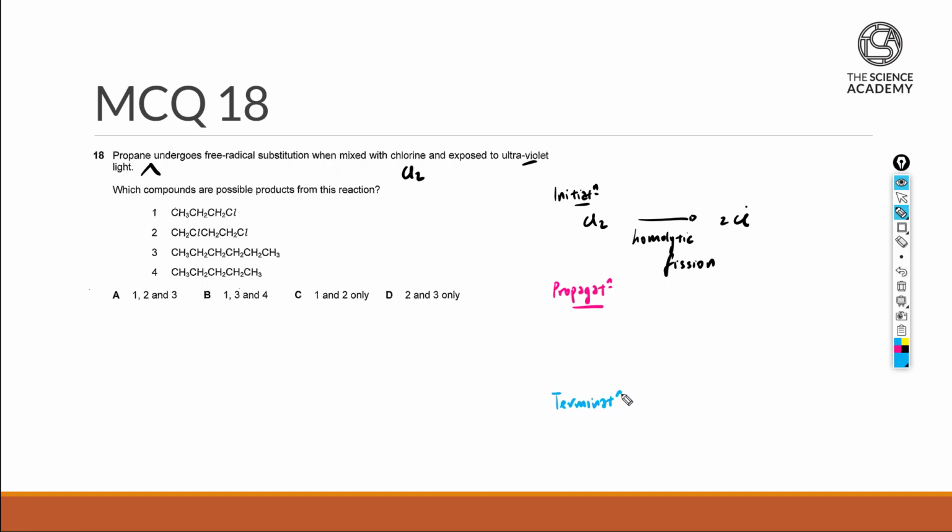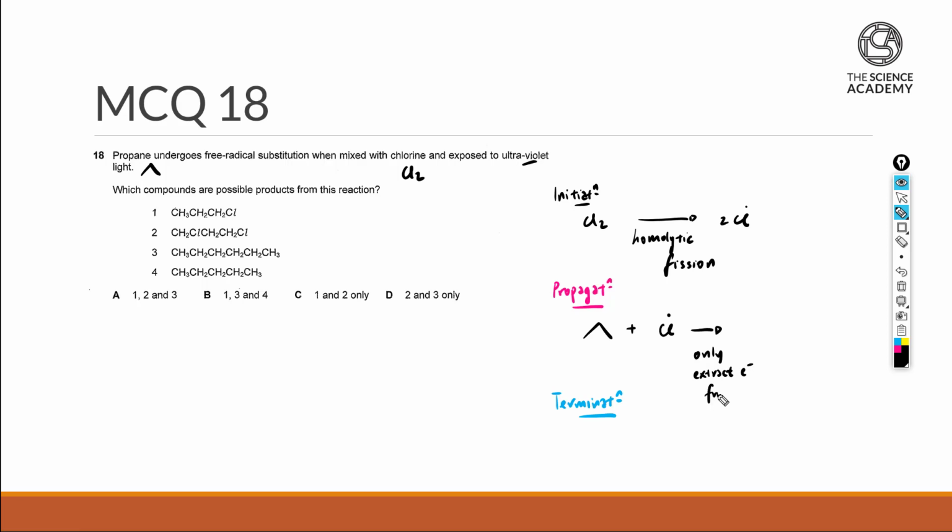We're just going to color this pink as well as blue to show you, in each of the options that we're looking at, what and how we can actually achieve it. And if we are going to achieve it, it's going to be at the propagation and/or the termination step. Now, prior to me starting, it's very important to know that no matter what is being done over here, for the case of propane, if we're going to react with my chlorine free radicals, we can only extract